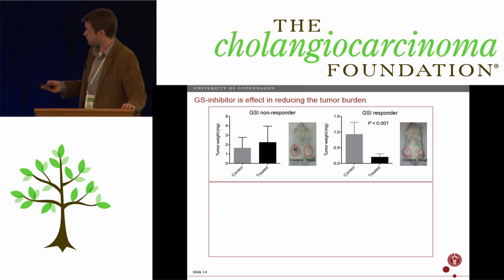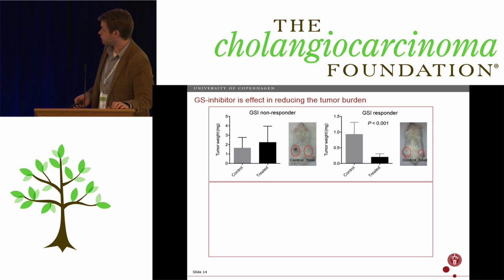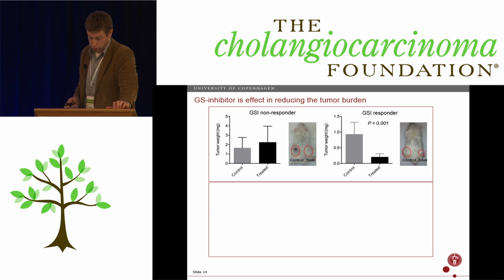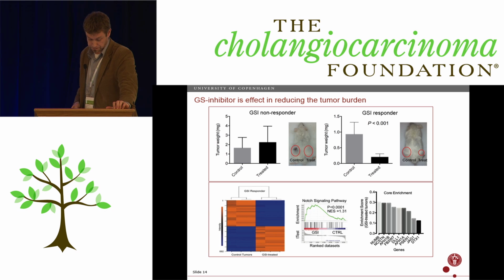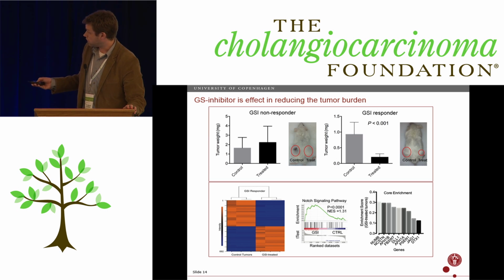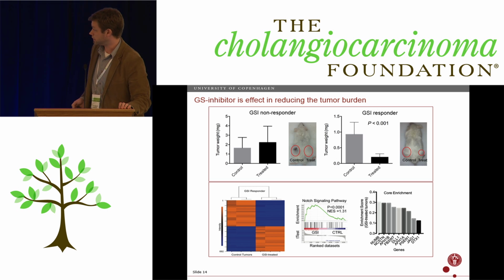And as you can see, or probably appreciate, the gamma secretase responder cell lines from the previous screen truly also in vivo showed response with no further growth compared to the control-treated transplanted cells. From these tumors, from these mice, we extracted the tumors, and we actually did it both for the non-responders and responders, but for simplicity, I'm only showing the DSI responder signature, which then recapitulated the NOTCH signaling pathway